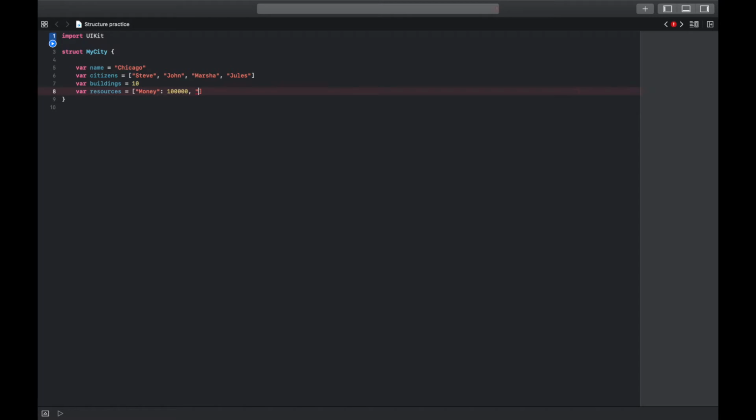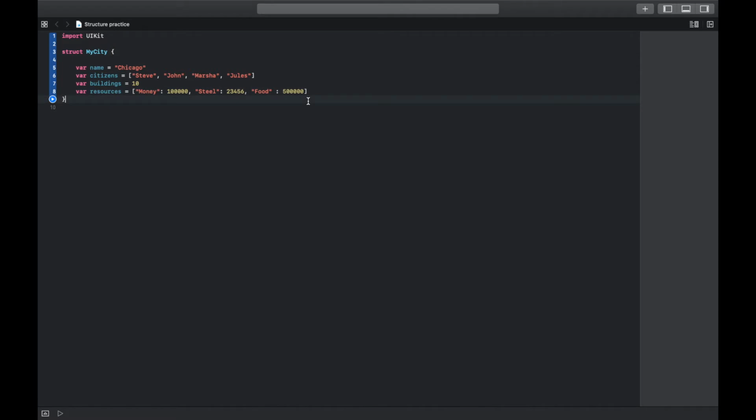Then let's give steel for building materials a random number. Then let us also add a food supply to feed our 4 people that live in this great huge city. We'll give it a nice round unit of 500,000. Okay,